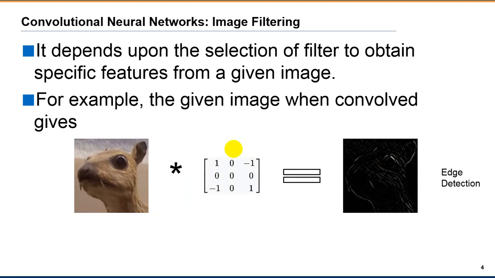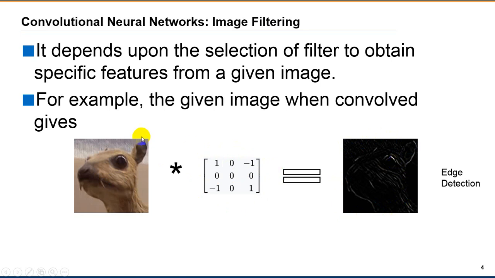Because we have introduced the 2D convolution in the previous slide, we will start with image filtering as the first application of this convolution. If we scroll this filter over the whole image, this filter has an average of 0, that is 1 plus 1 minus 1, 0 and 0, minus 1 plus 1 and 0. They all give an average of 0. Therefore, a dark pixel will be the mean pixel of this image in the output.